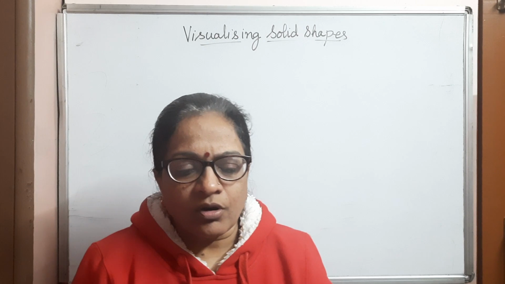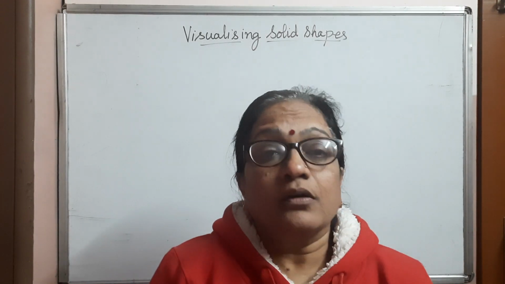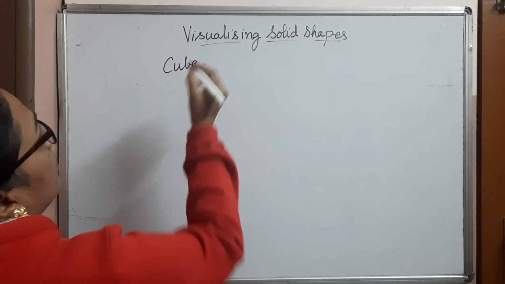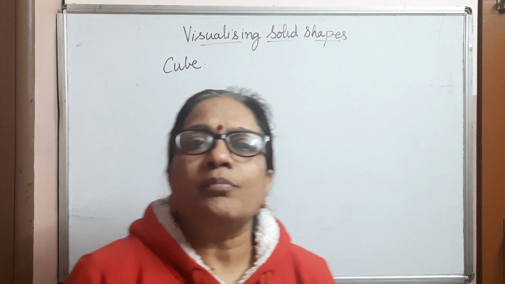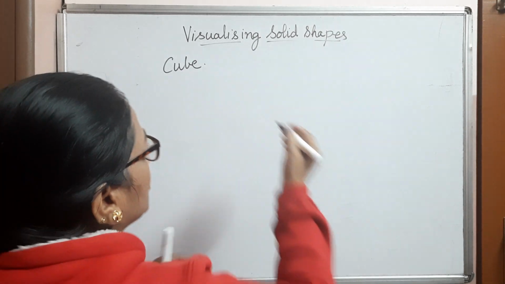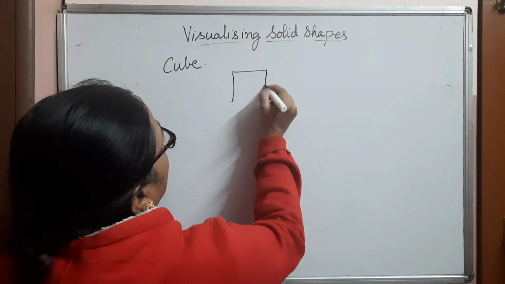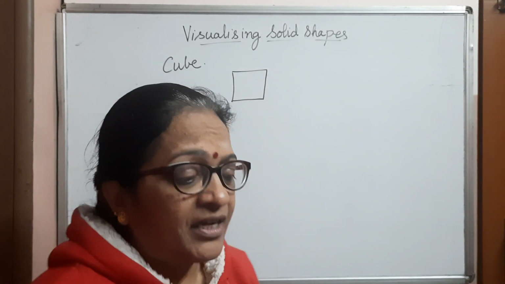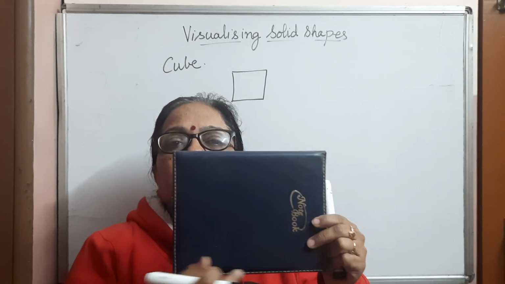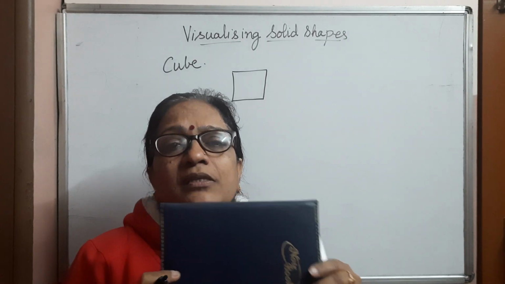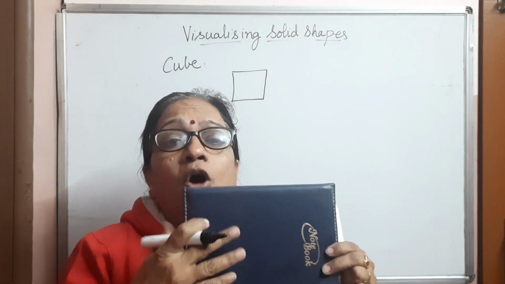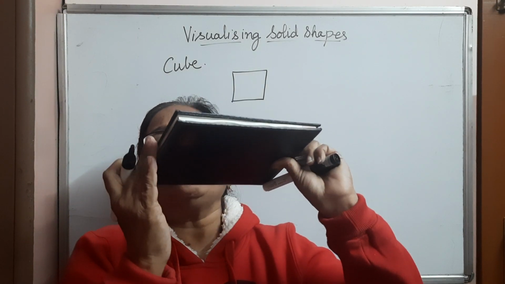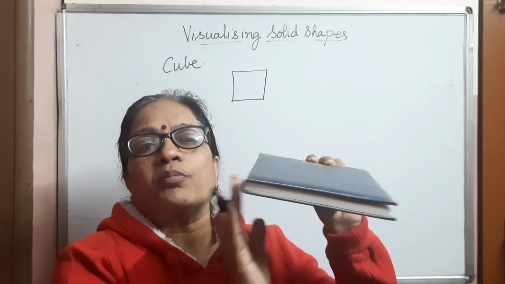Now, a simple or basic 3D shape is a cube. A cube is made up of squares, and in the case of the diary, as I showed, it is made up of rectangular faces. Face means the side which is visible to us. Now, how many faces are there in this particular case? 1, 2 and 4 on the sides. So 4 plus 2 is 6.